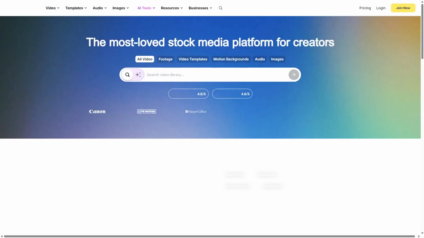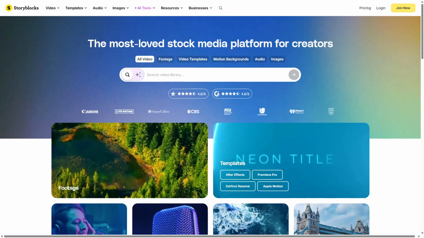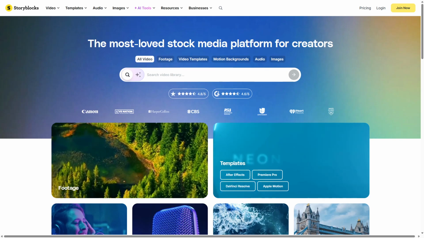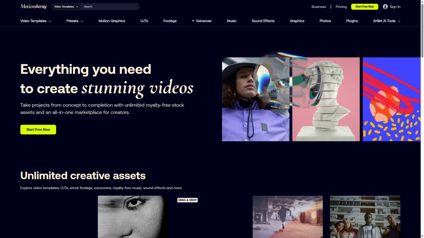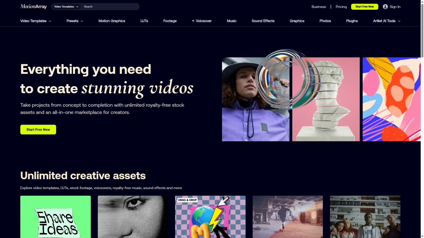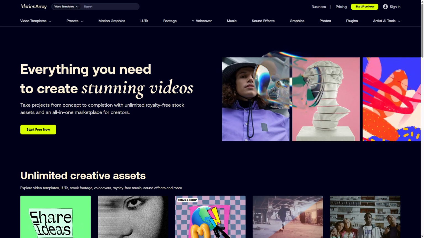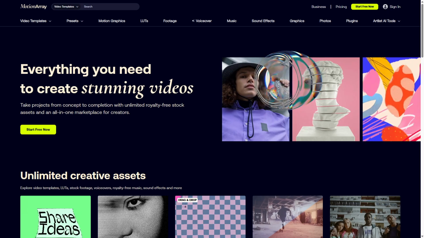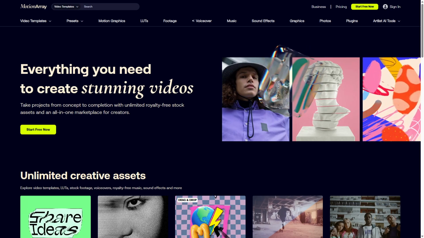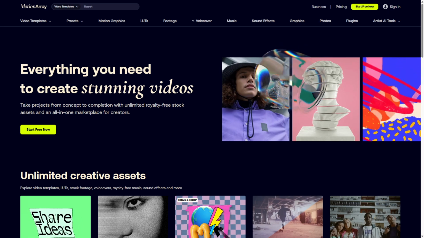Choose Storyblocks if you need unlimited, affordable access to a wide range of creative assets without additional project management features. Motion Array is the best choice for teams and professionals who want quality assets combined with collaboration and project management tools. It streamlines production and boosts efficiency, making it a powerful platform for organized, high-quality